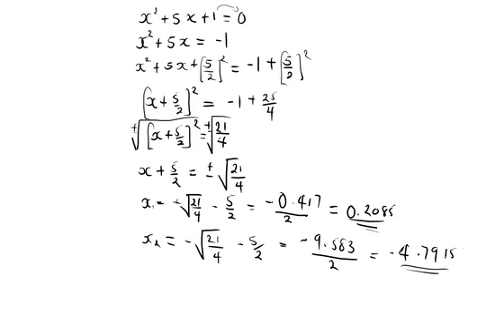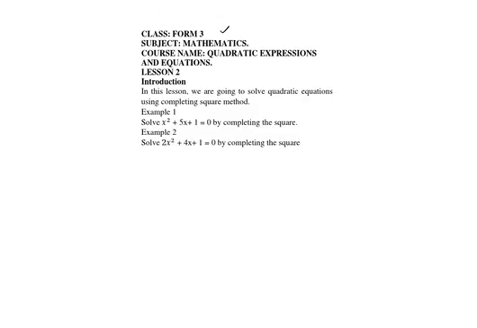So those are the solutions for this equation using the perfect square method or completing square method. Now we go to example 2, where we are given: solve 2x squared plus 4x plus 1 equals 0 by completing the square. So our example 2, it's 2x squared plus 4x plus 1